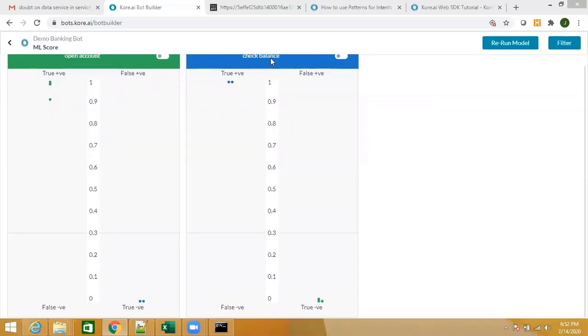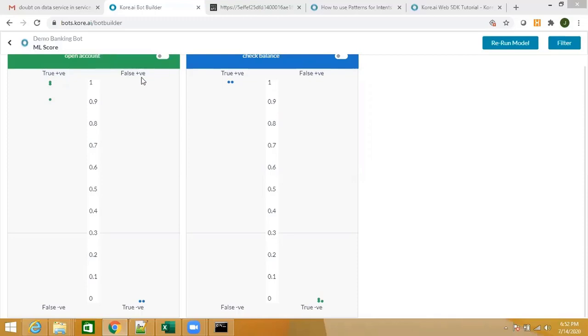An utterance which has been trained for check balance is not expected to match the open account task, so that utterance is mapped in the true negative quadrant of open account. If you hover your mouse over here, you will see these are the two utterances which have been trained for the check balance task. This is the best possible training that you can provide to the ML engine, where you see all the dots coming either in the true positive or in the true negative quadrant.